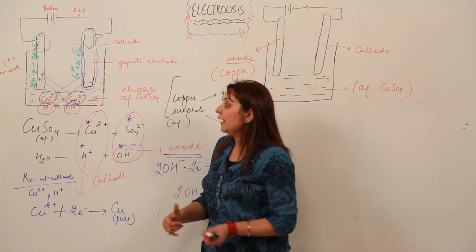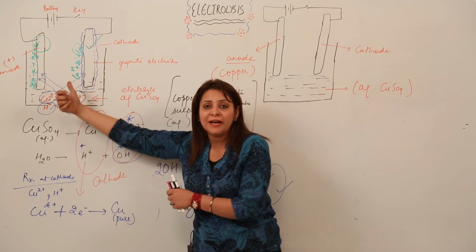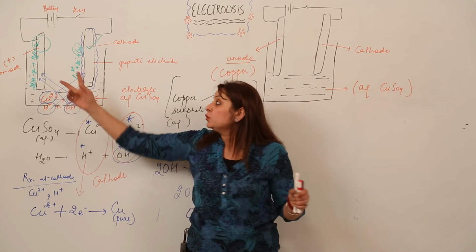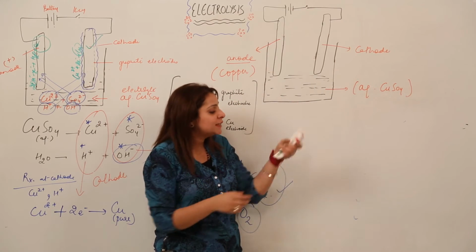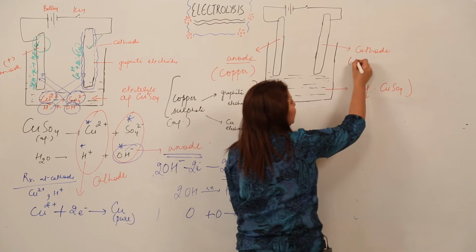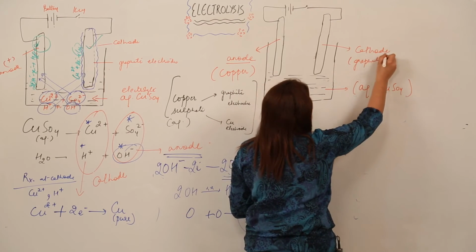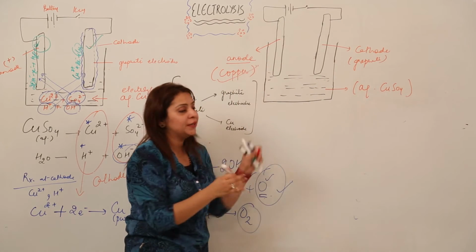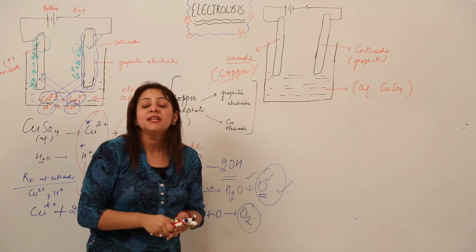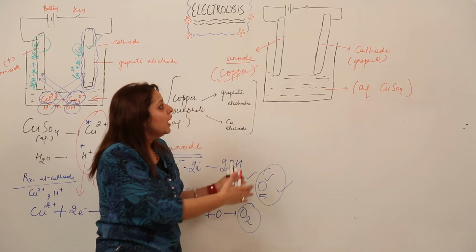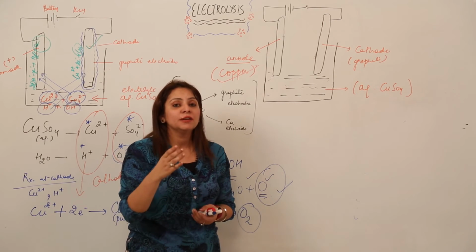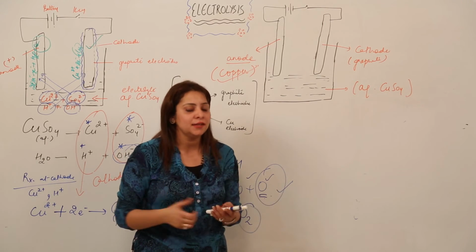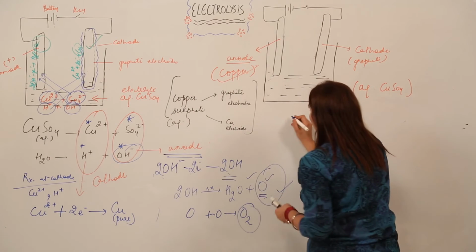Now the question is, what is the difference when we use graphite electrodes, that is, two similar electrodes, and here I am using two dissimilar electrodes? I have a cathode made of graphite, but the anode is made of copper, which I have already written for you. So what difference exists in the electrolysis? Just look at the board.